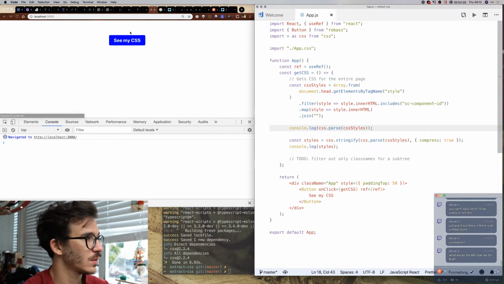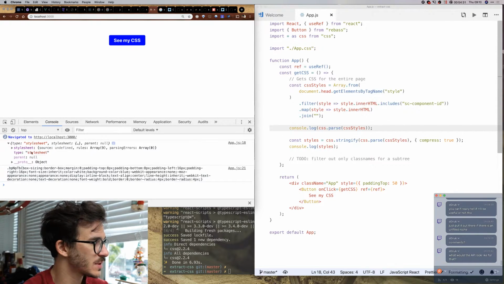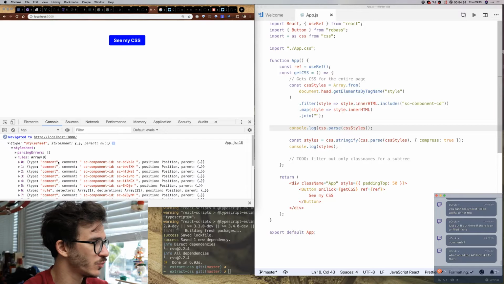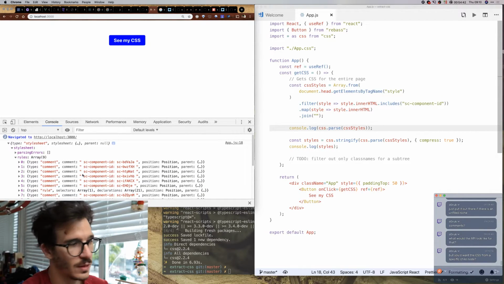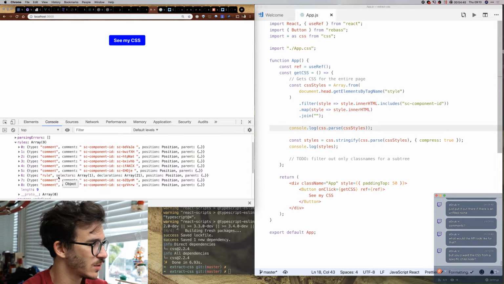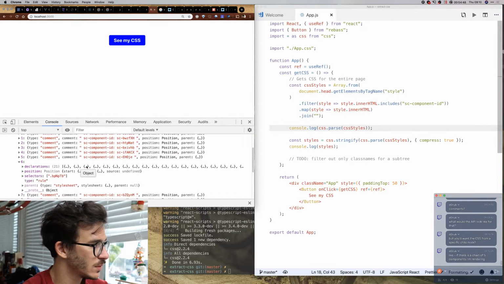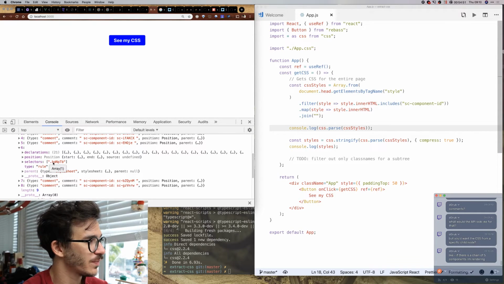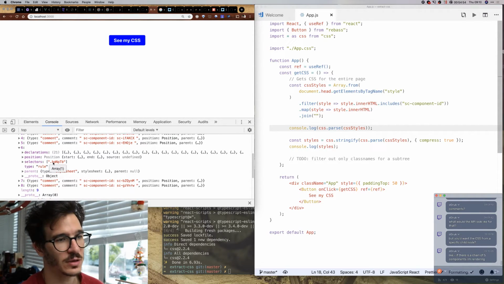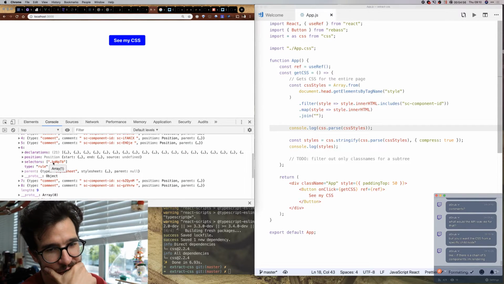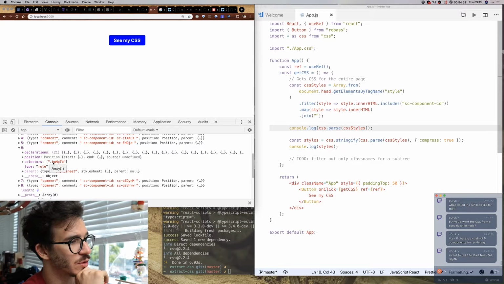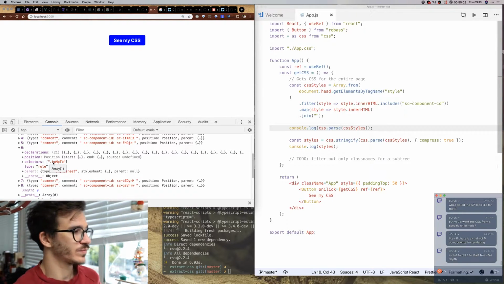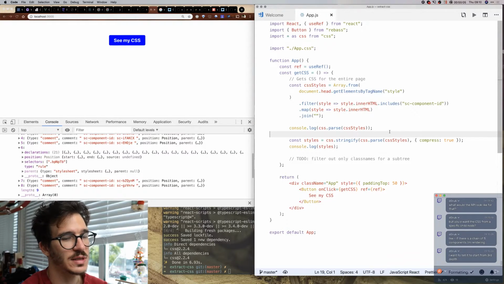So see my CSS, type style sheet, source undefined, rules, comment. So we have comments. Yeah, CSS from a specific child node. So type rule. Selectors. Oh, awesome. So we can filter them by selectors. Yeah, like if there's a chain of 5 components you're rendering. So let's see. We can get all of the CSS that belongs to a particular set of components if we